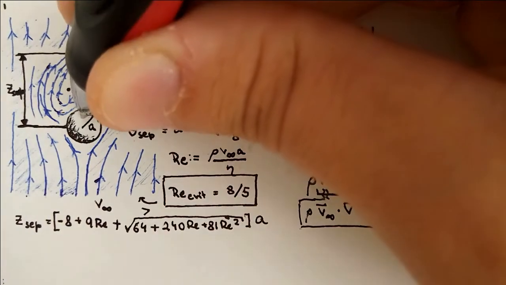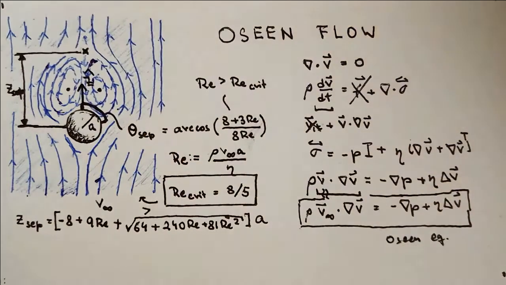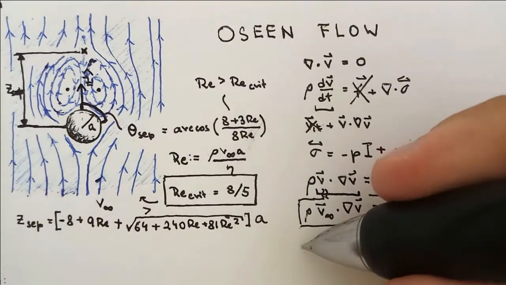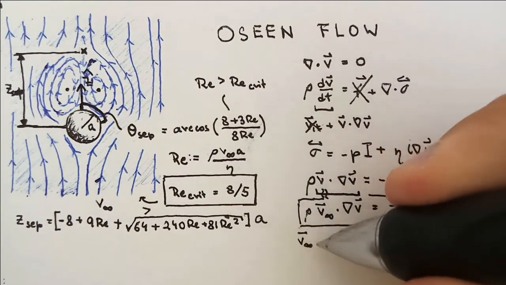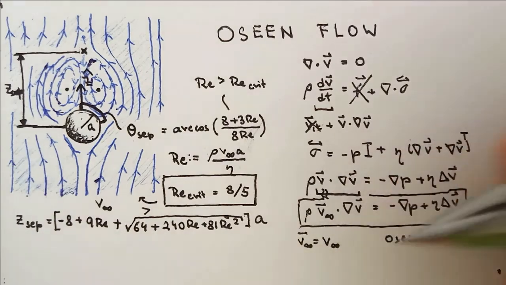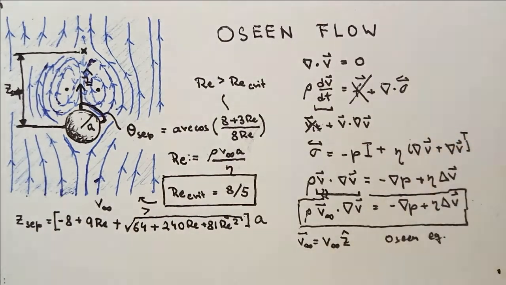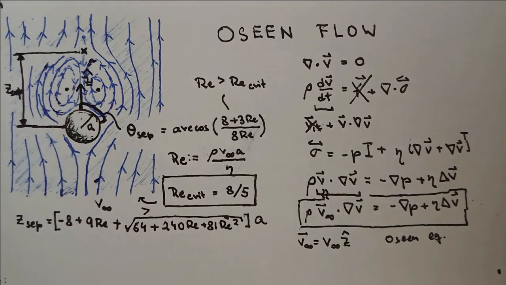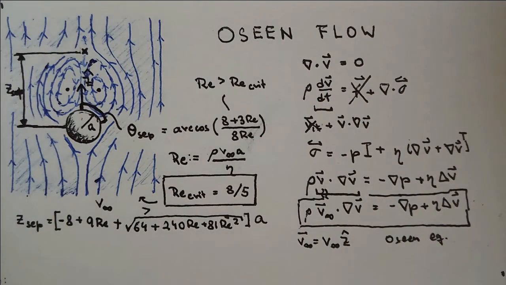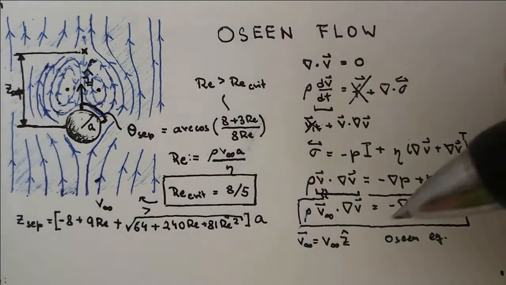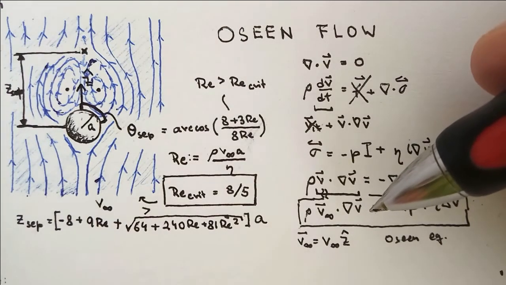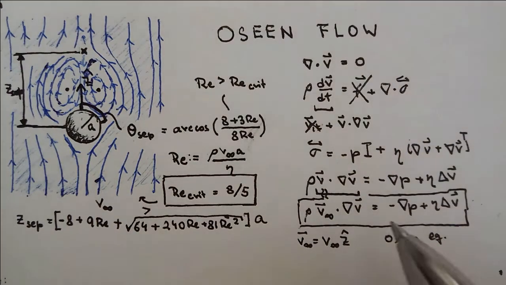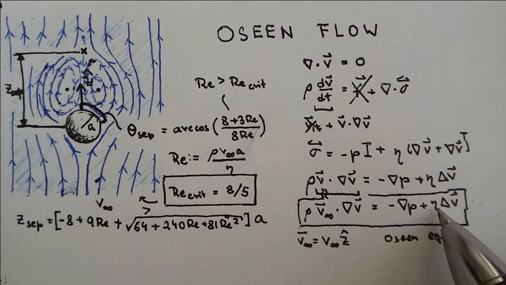So this is the z vector. V infinity is proportional to the z vector, and the constant of proportionality is actually v infinity, the constant velocity at infinity. So if we substitute in here, we will get this equation,